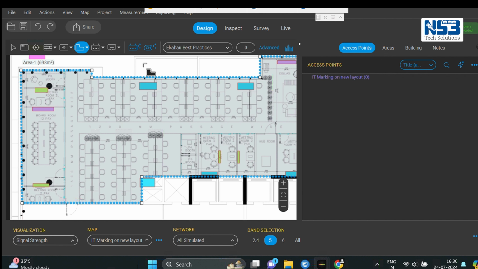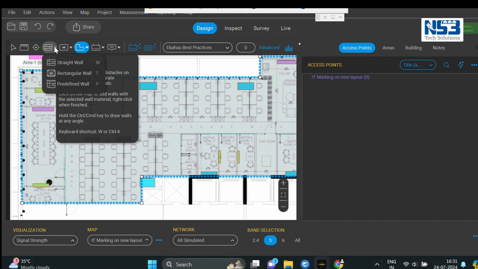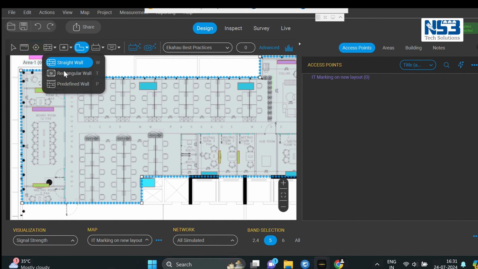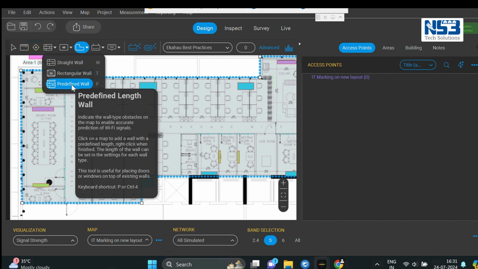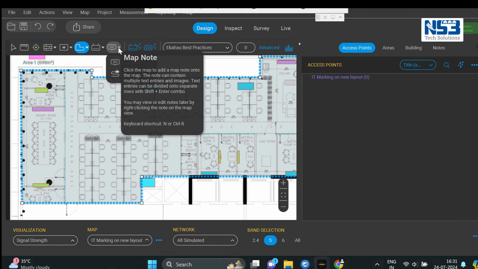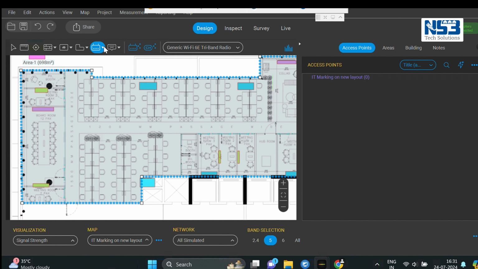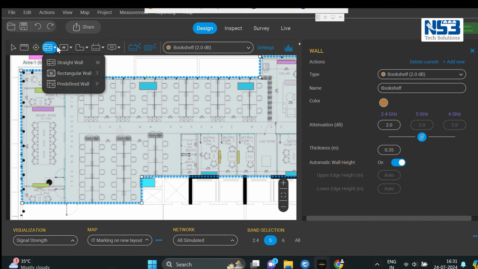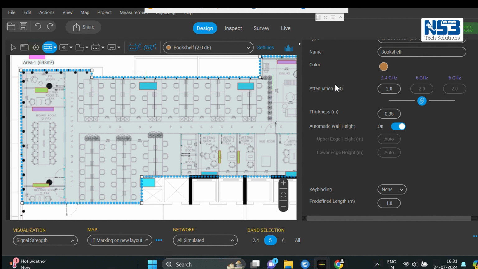So we will start with the partitioning now. Select the straight wall. Now select the type of the partition you are looking for.